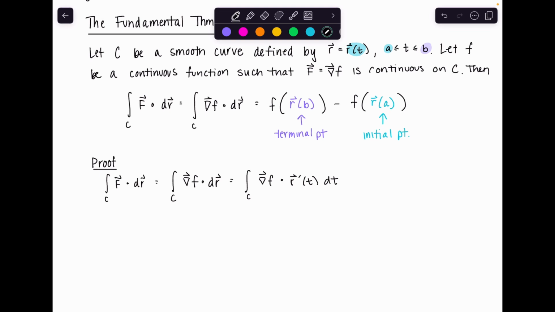Say we have f as a vector field in 3 dimensions, because that's the most general case that we're considering, because 2D is simpler. So in R3, for the vector function r of t being defined by x of t, y of t, z of t, where t is ranging from a to b,